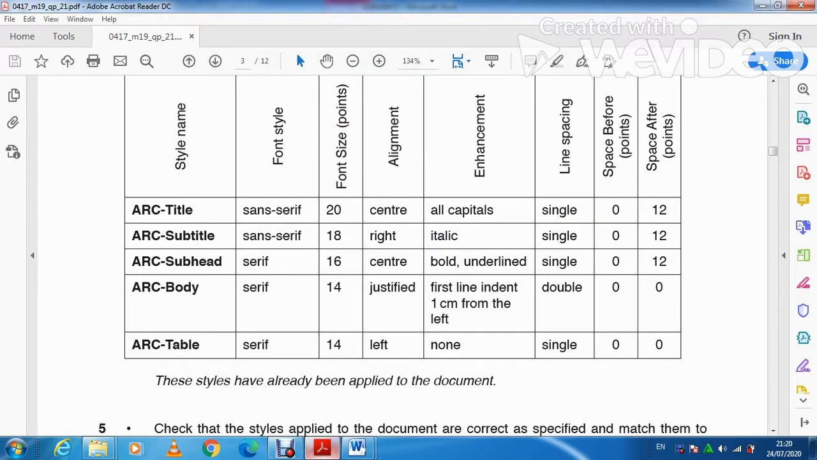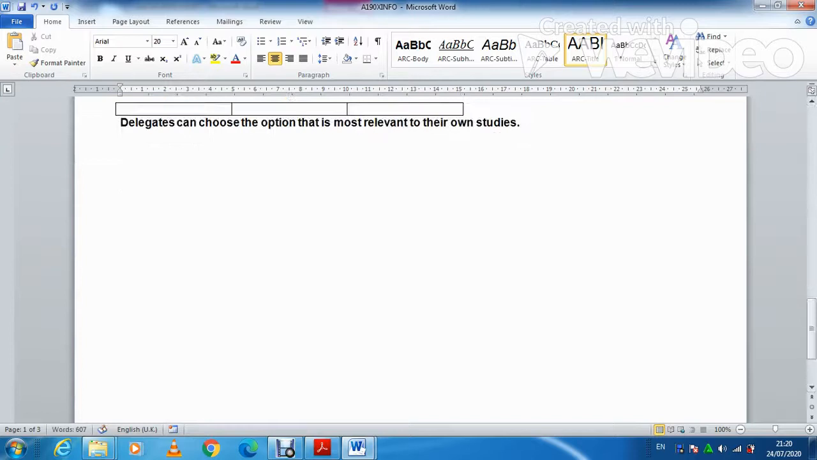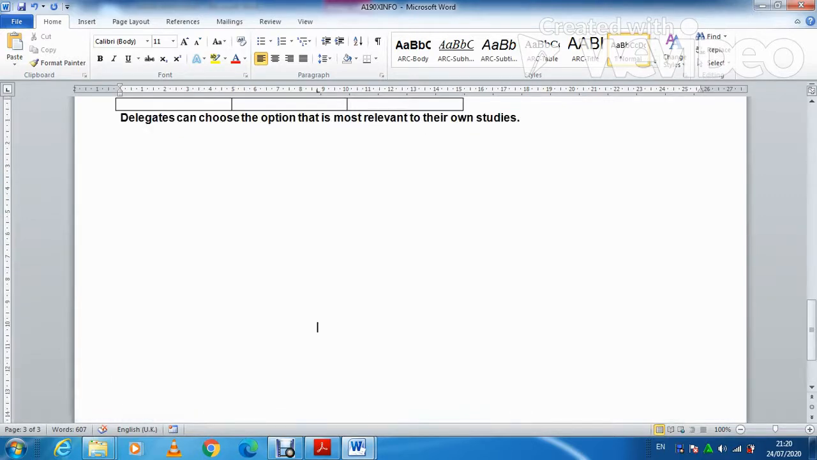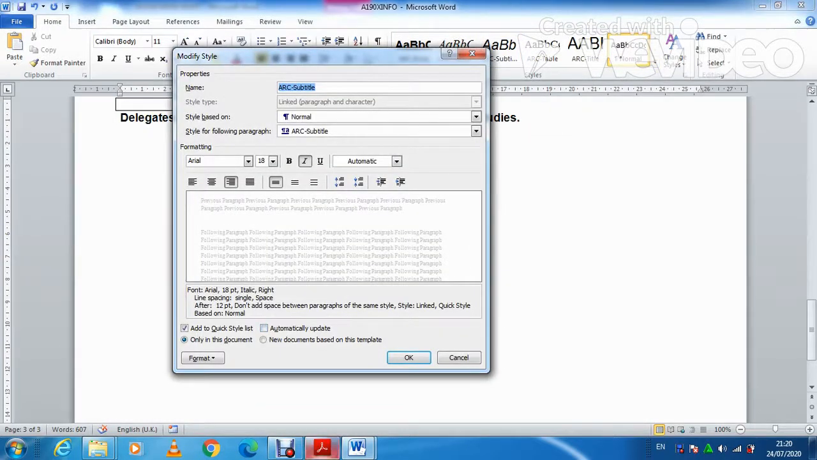Second one is ARC subtitle. ARC subtitle, sorry, you do one thing. Whenever you're dealing with such cases, you just be outside of the document, like without any text area, and then just check the changes here. Title, ARC title, yeah, this is done. Now subtitle, modify this one. Now they said again sans serif 18, right align, italic, 18 and sans serif, and then after single and after line spacing is 12. Okay,